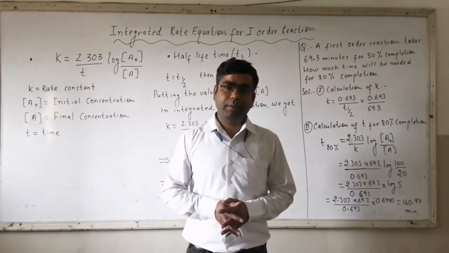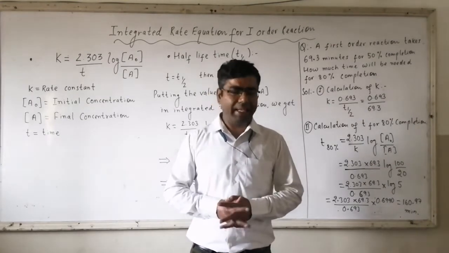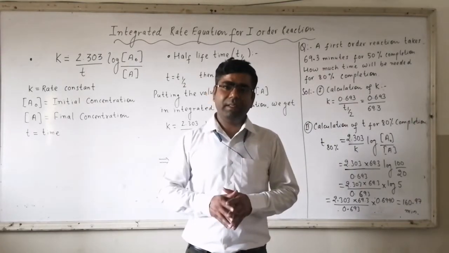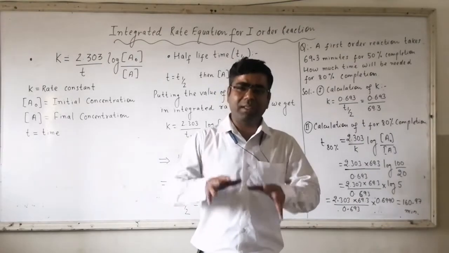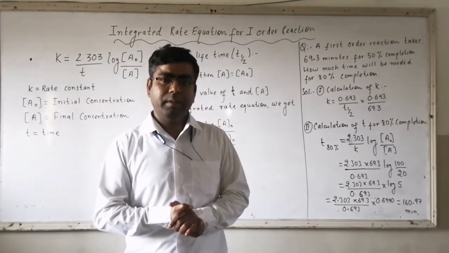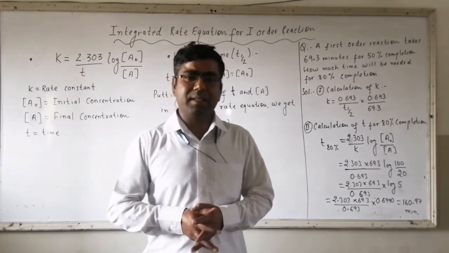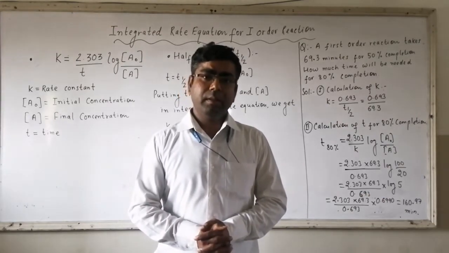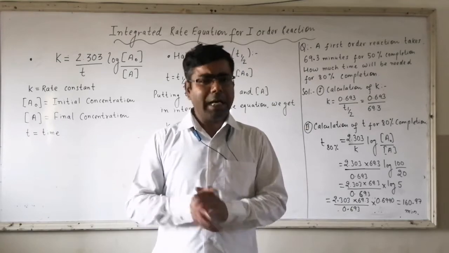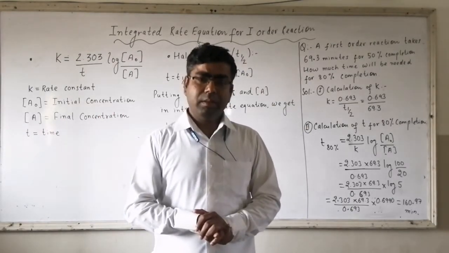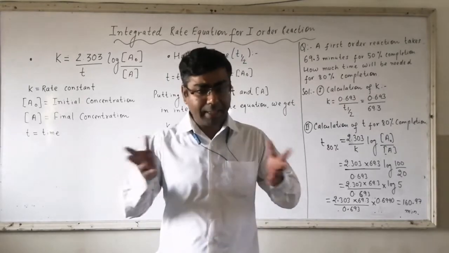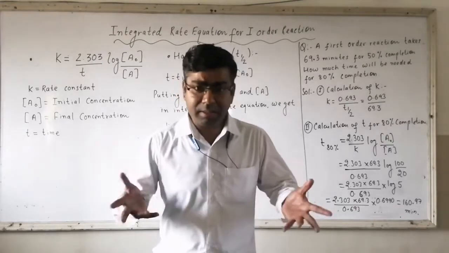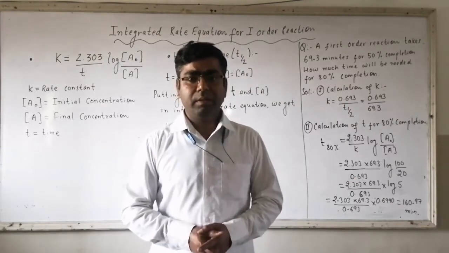Initially, whenever we talk about any chemical reaction, the initial concentration of the reactant is provided, or we know the initial concentration of the reactant. So if we know the initial concentration, then we can very easily calculate the rate of reaction. But after time t, this time can be 10 seconds, 10 minutes, 15 minutes, 15 seconds, it can be any time. It's not an issue.